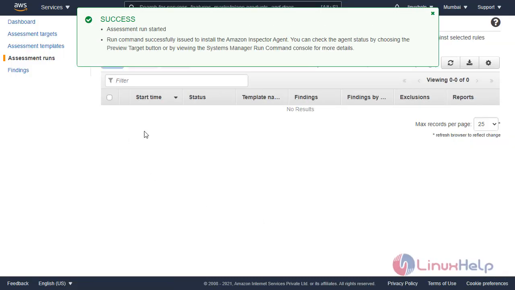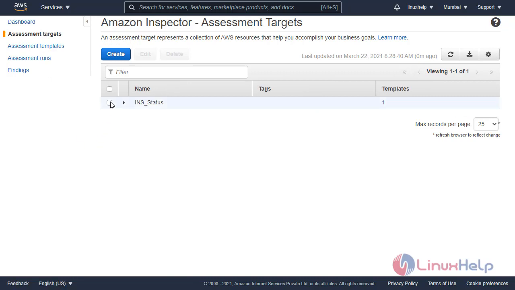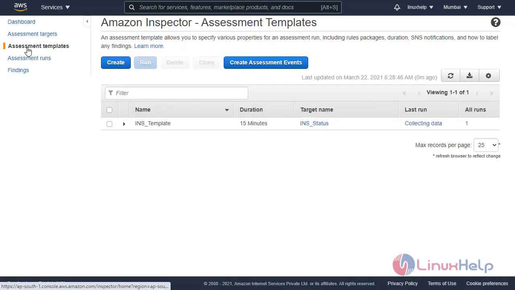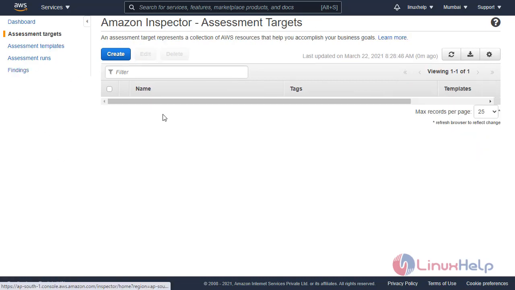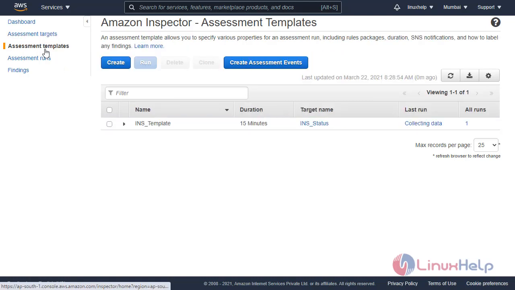The inspector is created. Go to assessment target. Click the instance. In here you can see the target is running. Click assessment template.